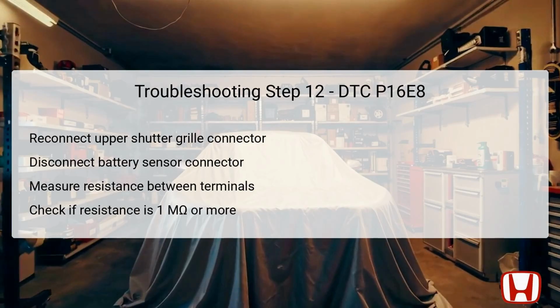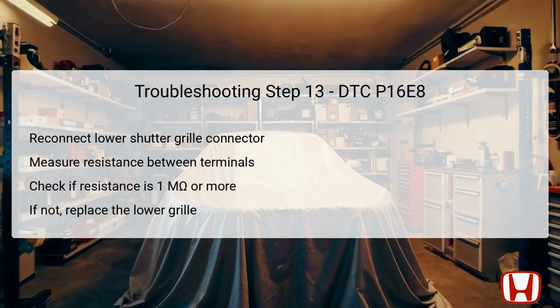Validating that resistance matches or exceeds 1 megaohm will indicate that the wiring is operating correctly, allowing the diagnostics to progress to step 13 if all is satisfactory. If resistance falls below this threshold, replacing the upper shutter grille may become necessary, as it may likely indicate failure within the component's wiring. In step 13, the focus shifts back to the lower shutter grille after reconnecting its 4P